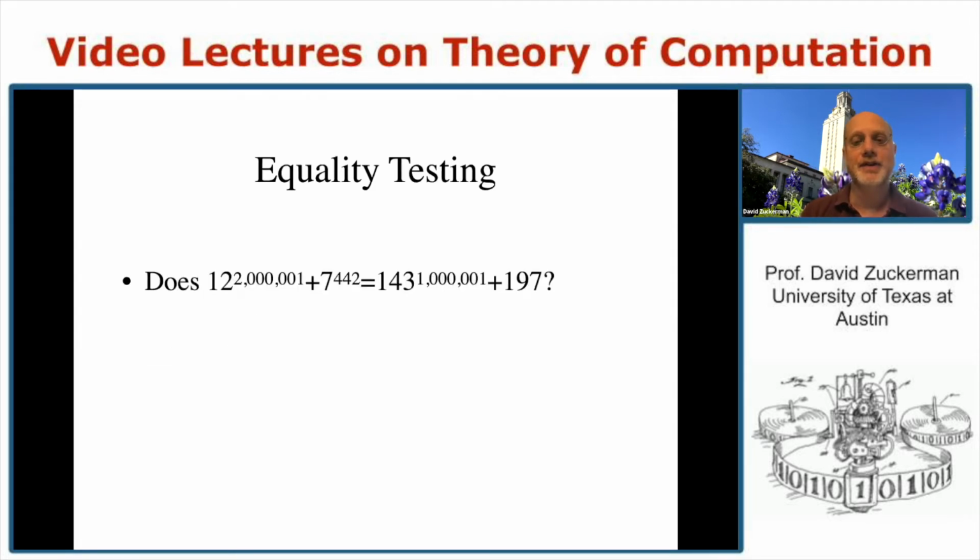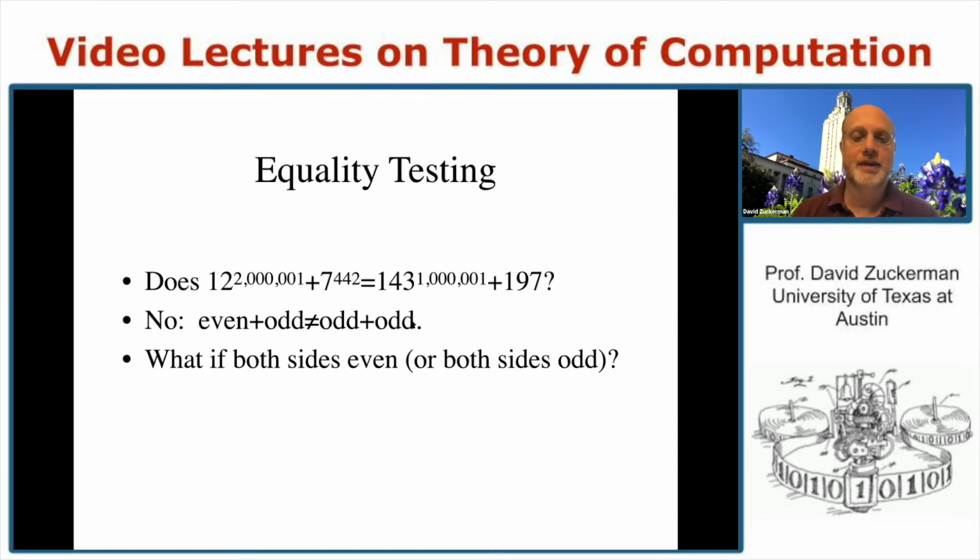Well, it's natural. Let's start out looking at this specific example. If you look carefully, you can actually see that these are not equal without doing any complex calculation. Why? Because the left-hand side is odd. It's an even number plus an odd number. And the right-hand side is even. It's an odd number plus an odd number.